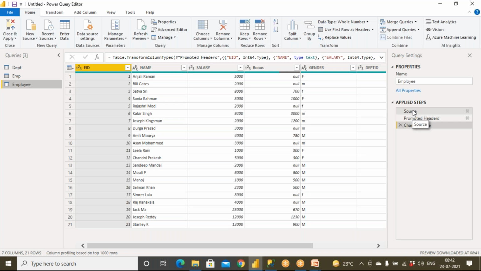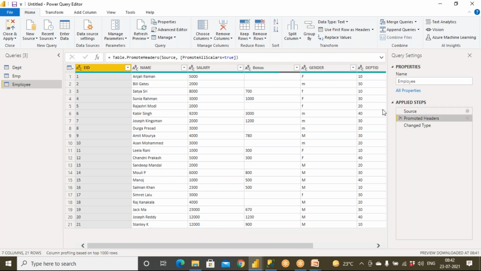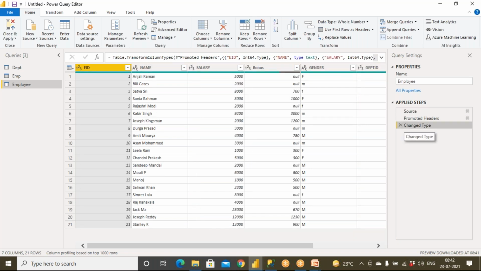If you see, the source is the text file. So from wherever you're getting it, you can easily get it. And promoting headers is also done. It is having column 1, column 2, column 3. Then change data types is also done automatically. 1 2 3 number. So it is reading the first 1,000 numbers, and based on those it is